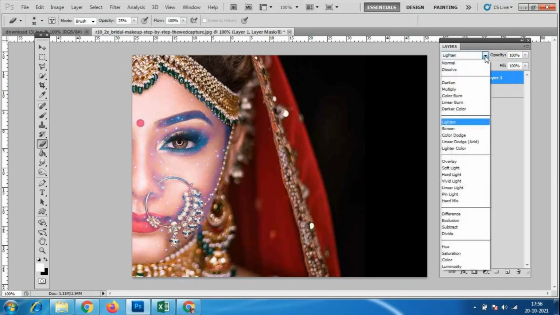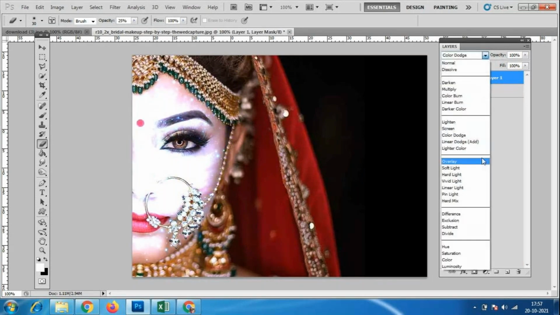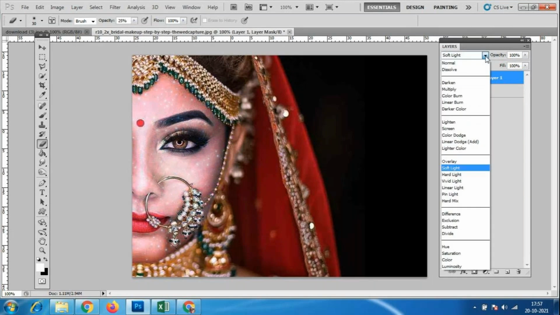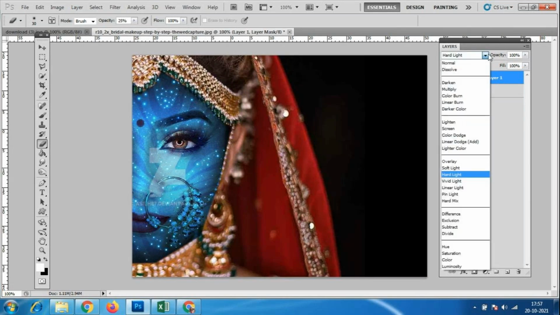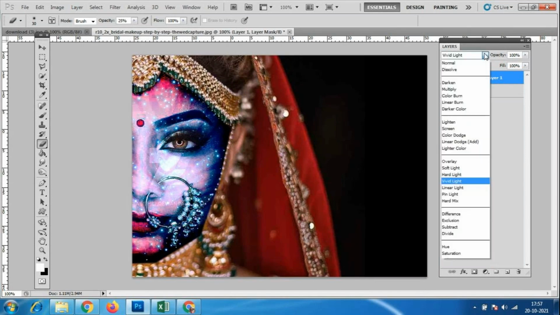So you have to use multiple options. See here, color dodge options, and it depends upon the texture, what kind of textures you have given. And soft light and the hard light. Look at this hard light option. If this kind of mark is not there, then exactly the same texture will be there. Okay, so we can give it, so no need to put the jewelry and all. Otherwise, if we get a good result, this is one different type of color combination.